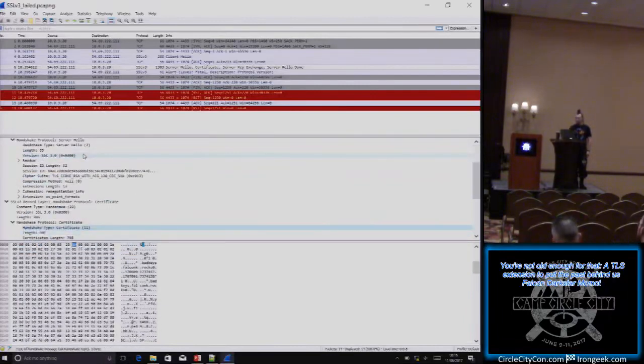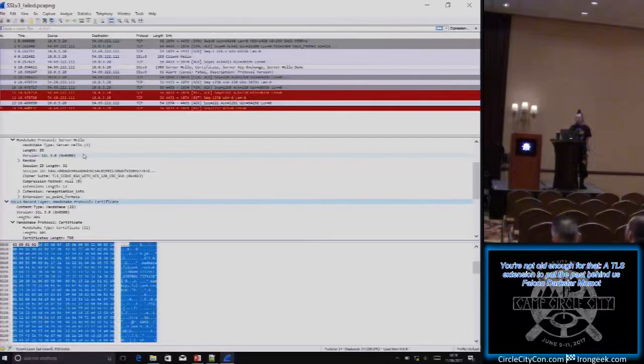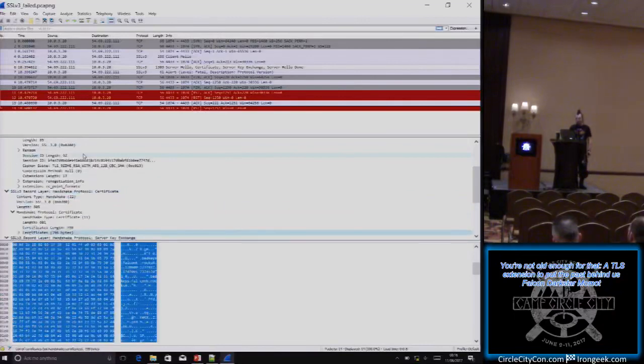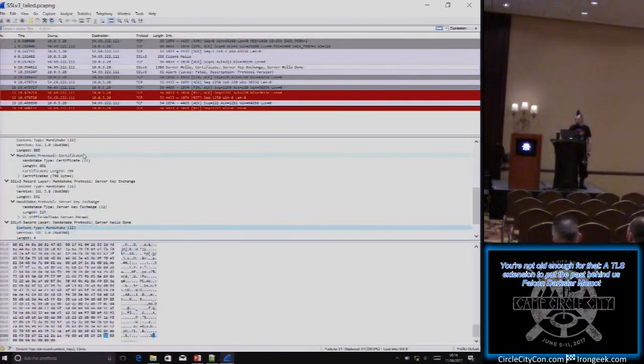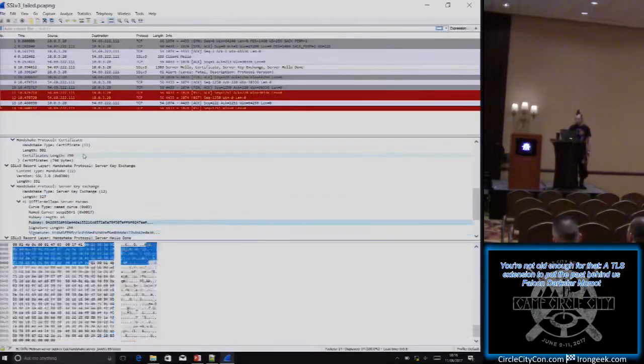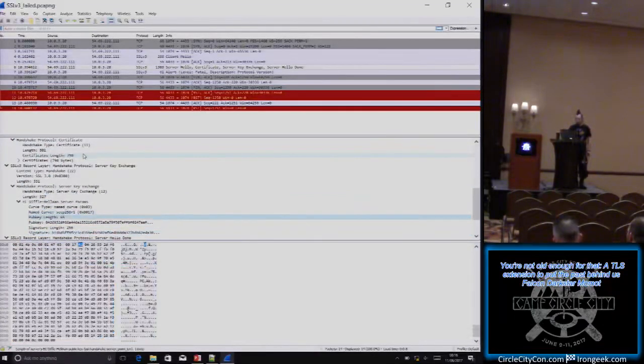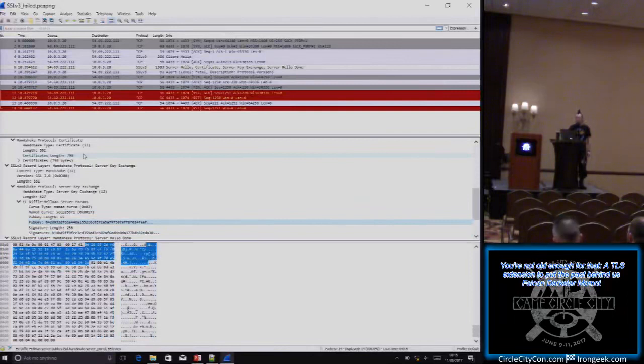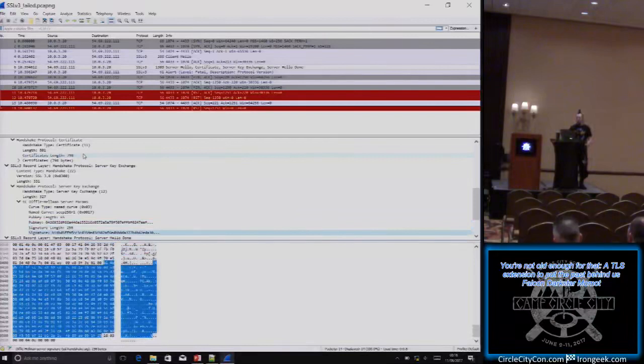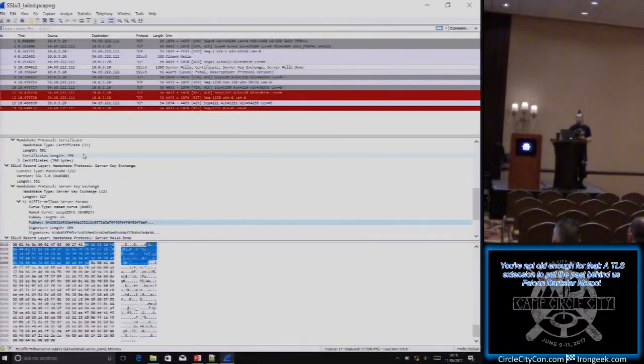It sends some random data, key material. It sends its certificate, which is, again, bandwidth constraints, probably why Google.com does not include the CT transparency information. And anyway, it includes its full certificate, and then also, eventually, somewhere down here is the server key exchange message, which says, I have these elliptic curve parameters, and this public key that I generated for this session because we're using ephemeral Diffie-Hellman elliptic curve, and a signature with my RSA key from the certificate or my elliptic curve key from the certificate over that key that I just exchanged.